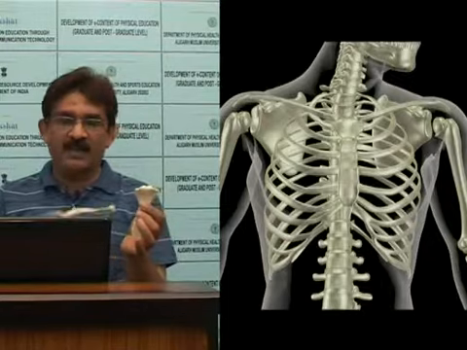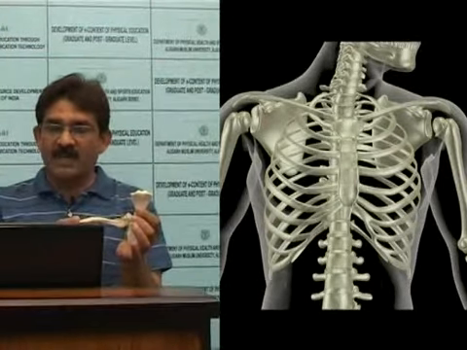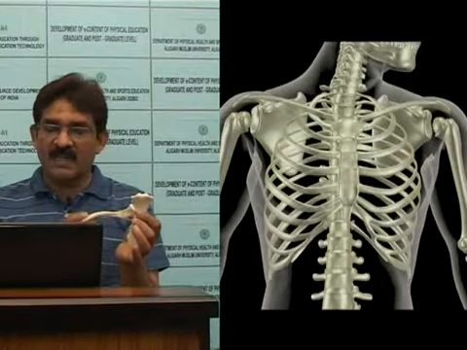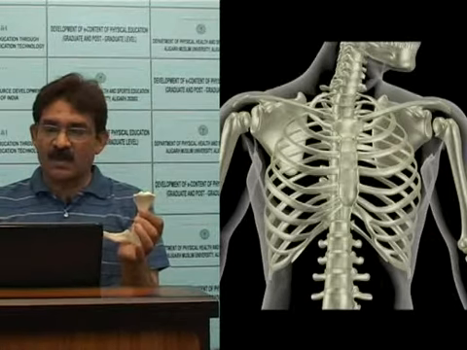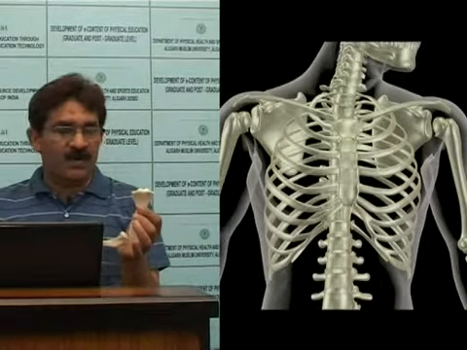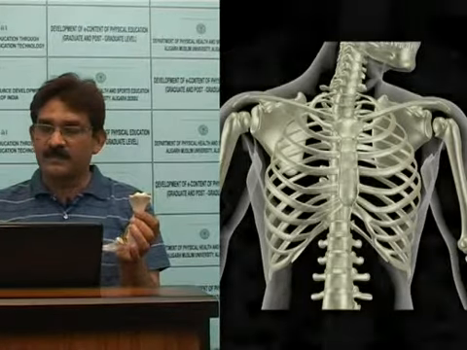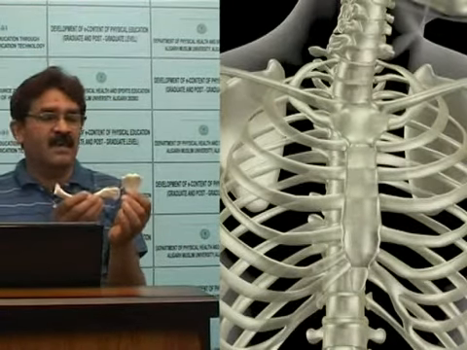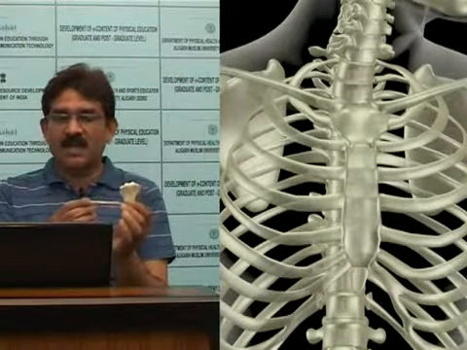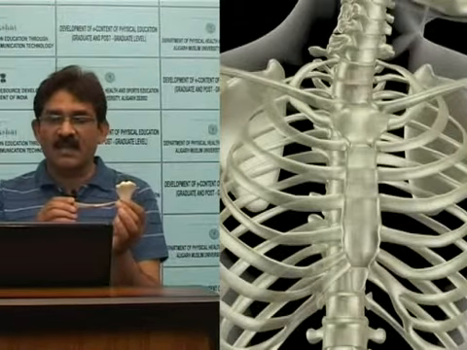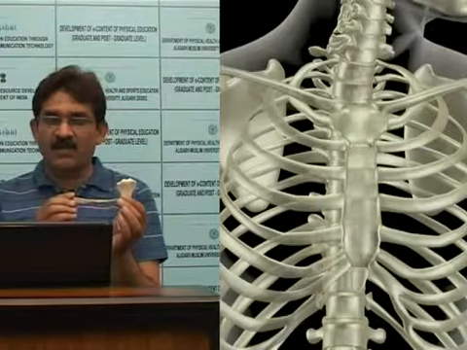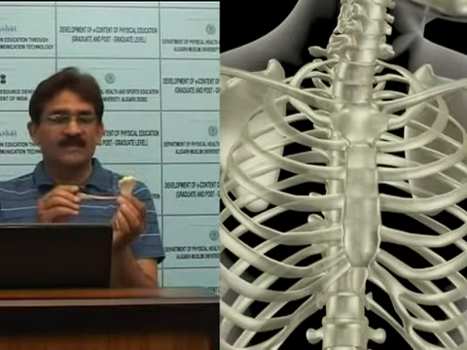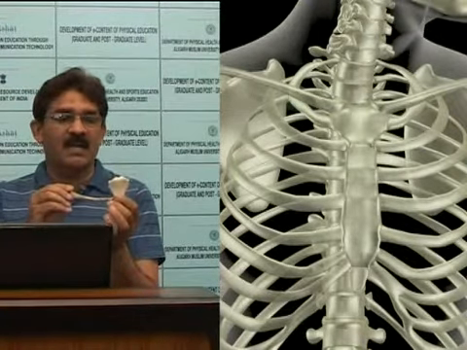The junction of manubrium sterni and body connects the second costal cartilage laterally and lies opposite the lower border of T4 posteriorly. Sternal angle. This is the sternal angle, which connects the second costal cartilage laterally and lies opposite the lower border of T4 posteriorly. This is the sternal angle, sternum and